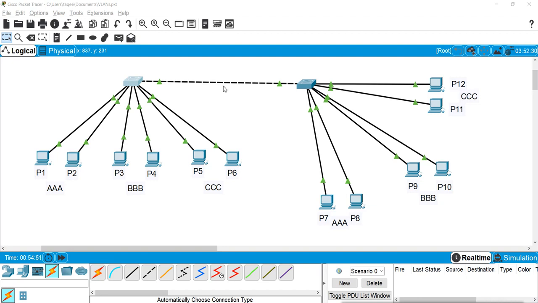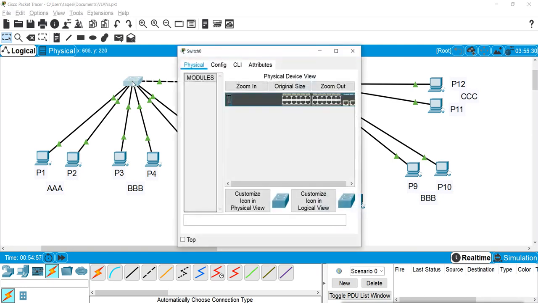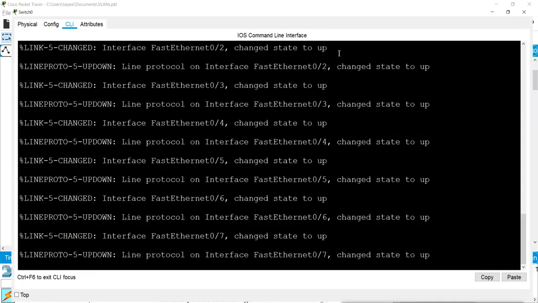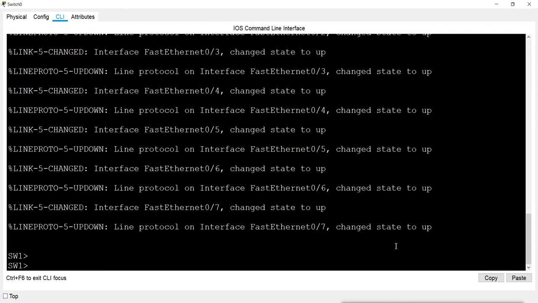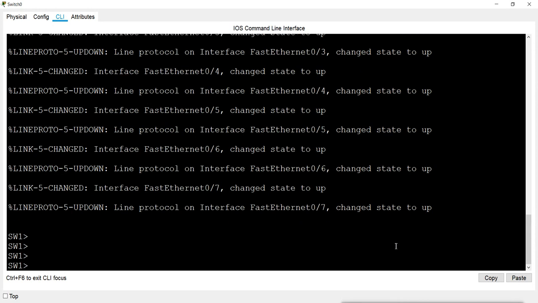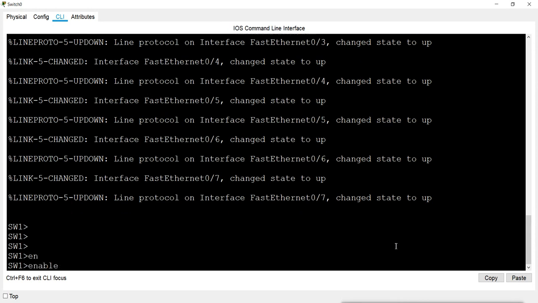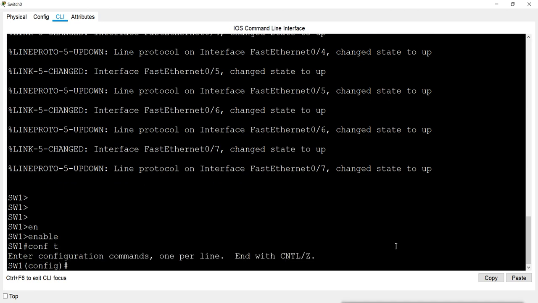Now that is very simple. How will we do this? We have to do it on both of the switches, because both switches must support the same trunking protocol. So we'll go to config mode and go to the port first.